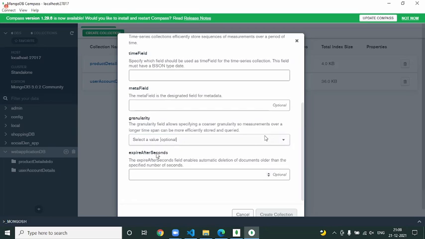And expiry. This specifies after what time you want to delete the records. You know what this actually means? In general, people will be storing some logging information, which is all the activity that happened today. That is only for today. Once it is tomorrow, I can just kill the data I have. So here you need to specify it in the form of seconds.